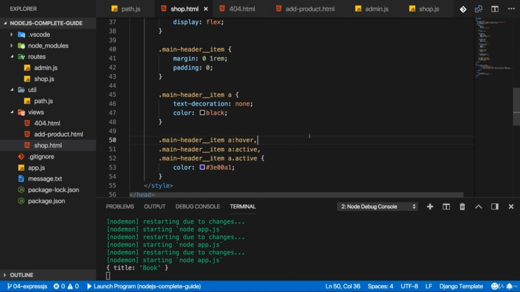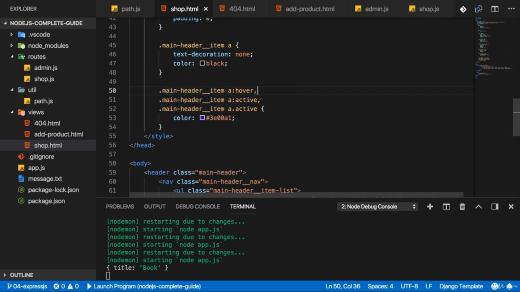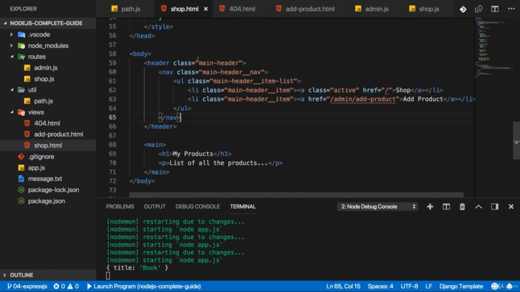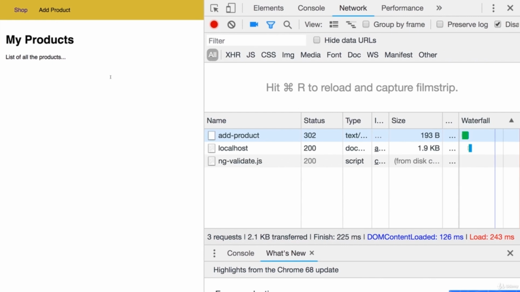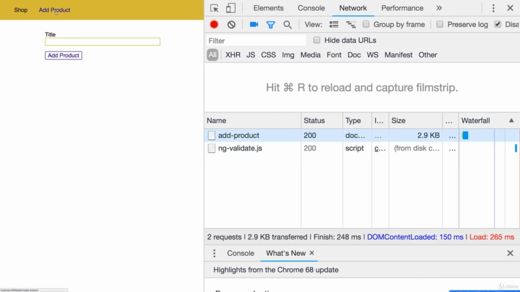In the last lectures, I added some styles, and please just take these free HTML files which you find attached to this lecture and replace your existing views with them. Because I didn't just add some styling, I also added some CSS classes. Now the page will look something like this. You can tweak the styles if this is not your style. Obviously, this course is about the logic, the Node.js logic,